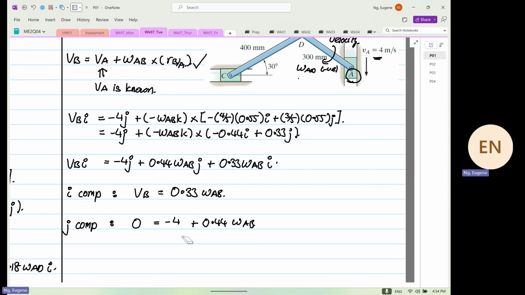No need to get rid of the J, just put positive. So therefore, omega AB is equal to 4 divided by 0.44, and it will be equal to 9.091